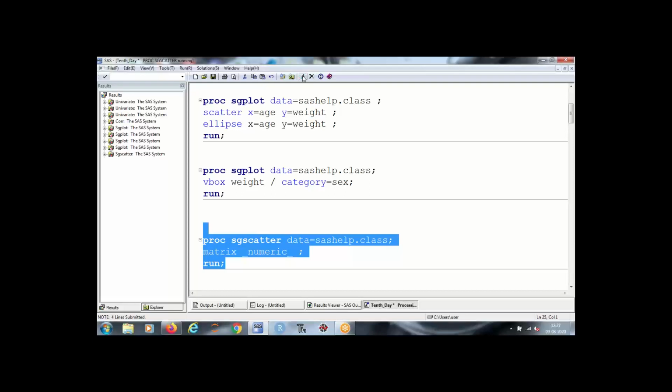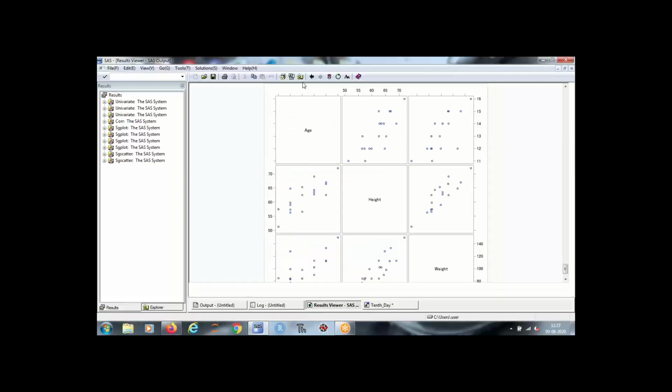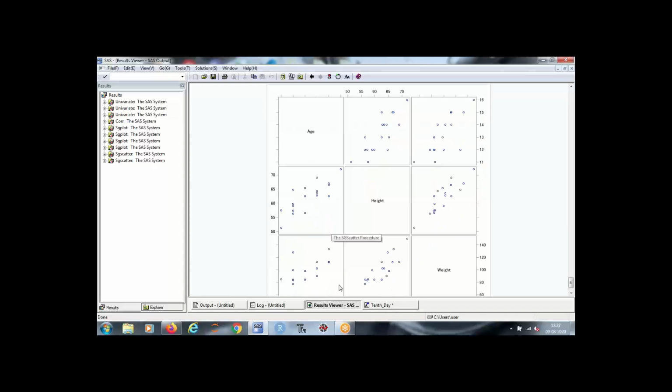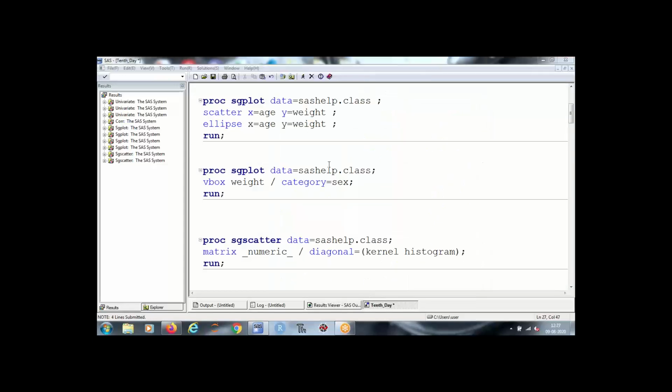If you do not like the other option, then you will get only the scatter plot. Done.